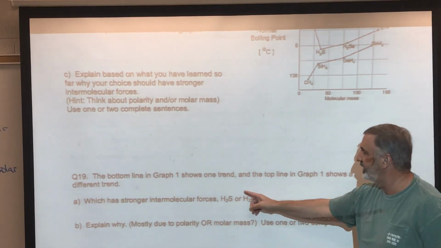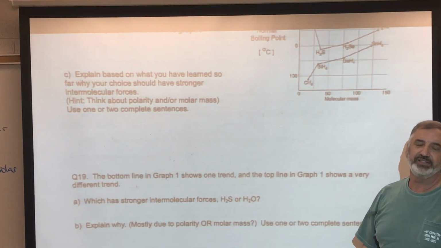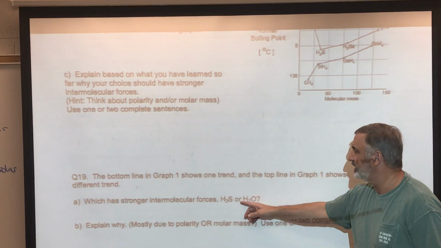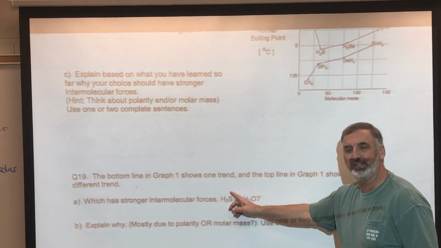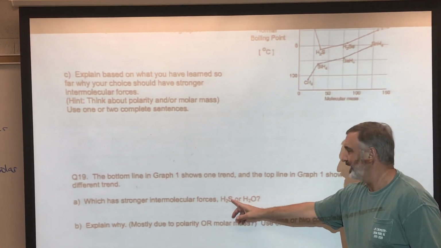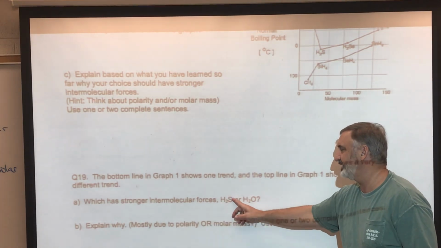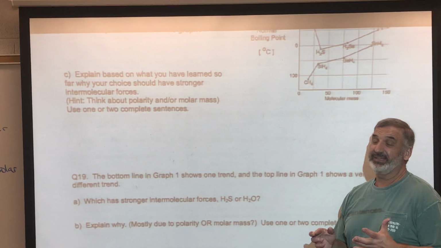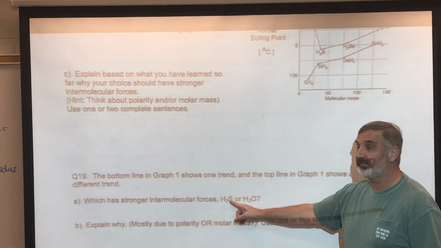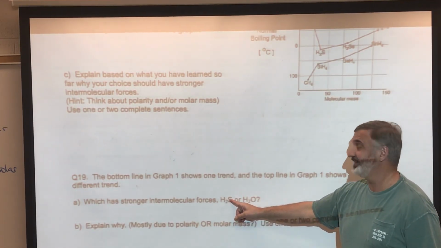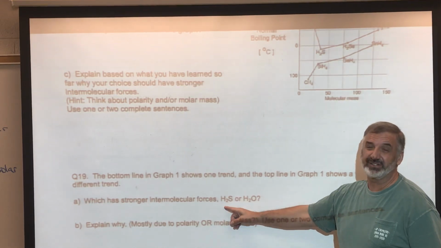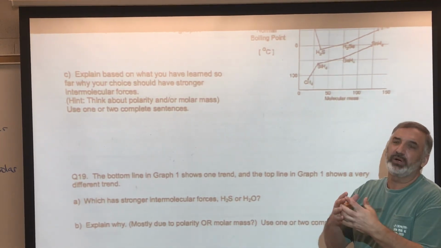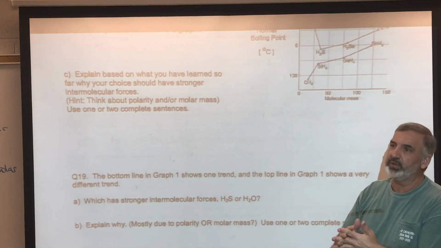Explain why. Well, water, the answer again is hydrogen bonds. Water has hydrogen bonds, which are much stronger than the dipole and London forces of H2S. And H2S probably doesn't even hardly have any dipole. It has very little. Now, you're not going to need to know this, but sulfur's electronegativity is 2.58, hydrogen's is 2.20, so it's a difference of 0.38. Not much difference, but enough that it would have a dipole moment, but very weak.